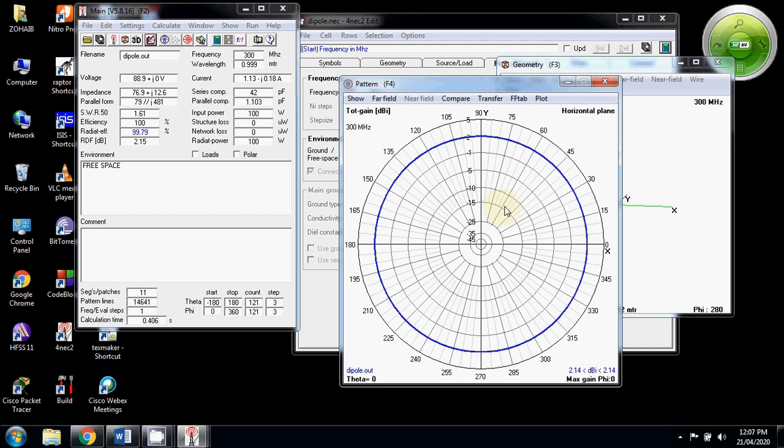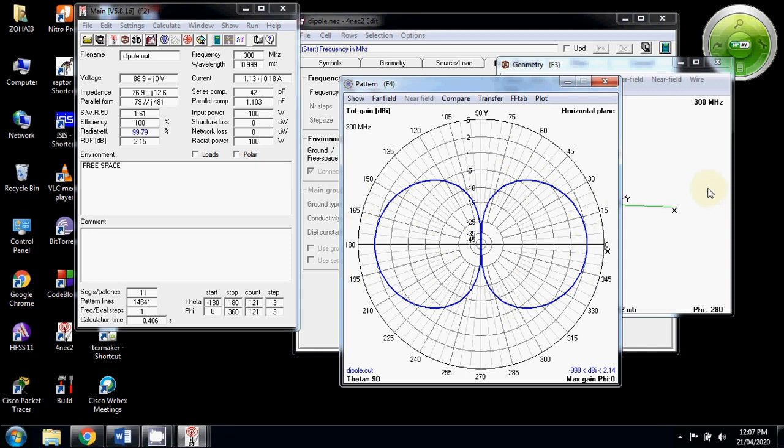The best way is to click on the up or down arrow key. By clicking on the up arrow key and continuing to click, we can see that the view of the radiation pattern is changed. As expected, a dipole should radiate in the pattern of 8 or infinity. So this is the plane where theta is equal to 90 degrees. At this plane, this antenna is radiating in a figure of 8 pattern.